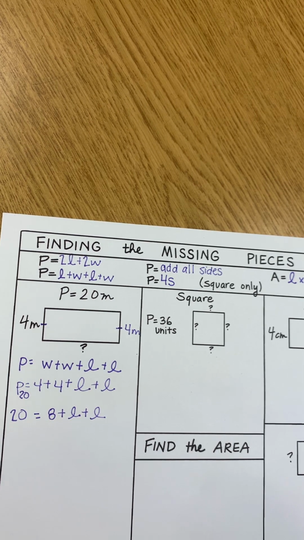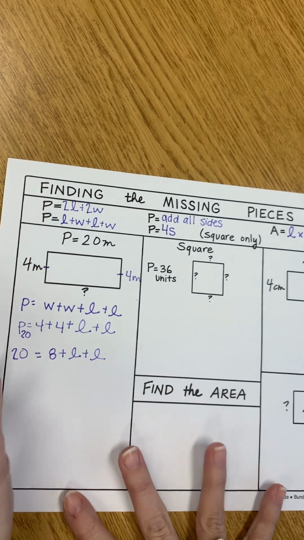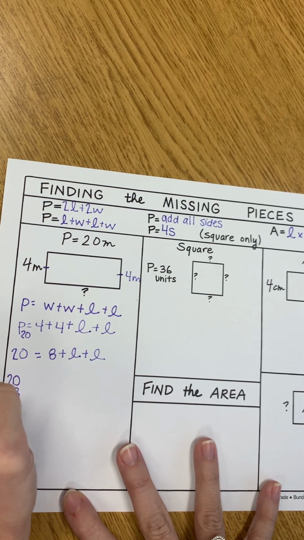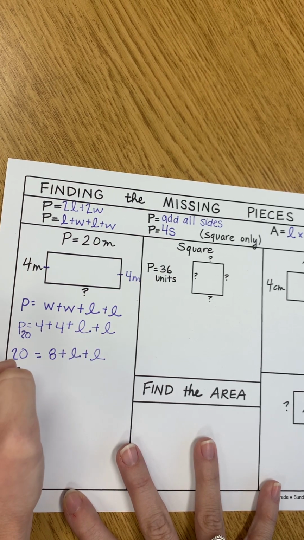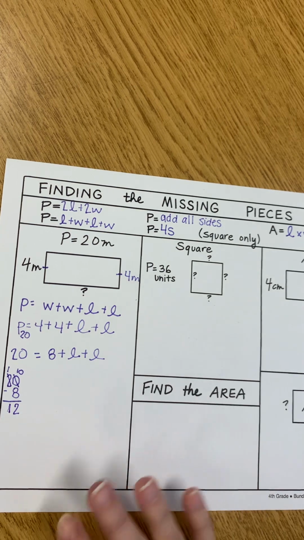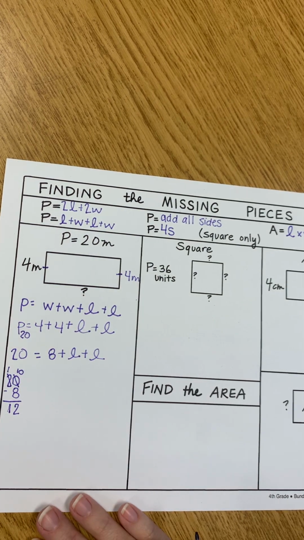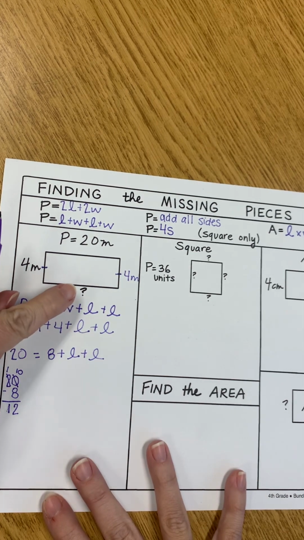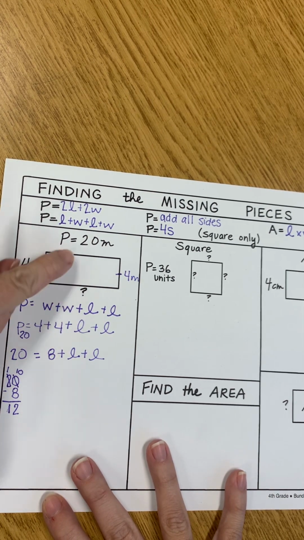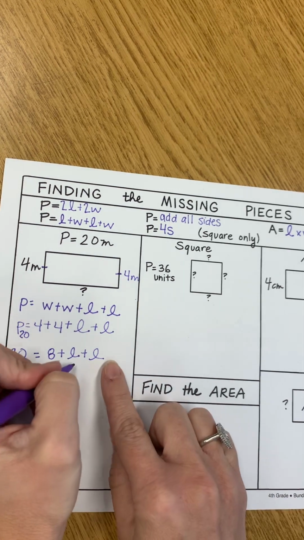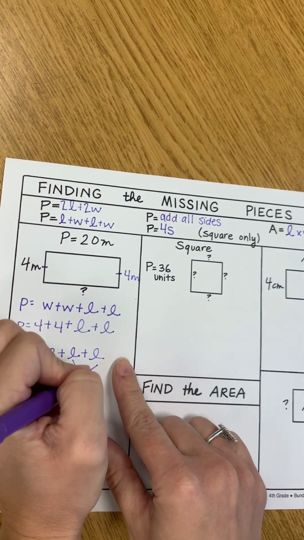So what does that leave us? Okay, I'm going to do over here 20 minus 8. Okay, this becomes a 10. This becomes 1. 10 minus 8 is 2. Bring down my 1 is 12. Okay, so that means that this side and this side together, both of these, when I add them together, equal